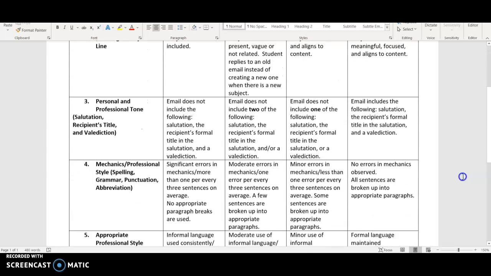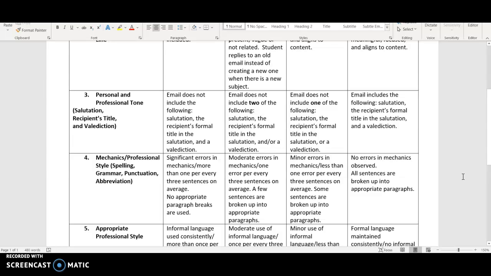Then you want to make sure that you use a personal and professional tone, that you come across as a human being, not a robot. So you have a voice, a friendly, polite, respectful voice, but that you also come across as professional. And so that means that you want to always use a salutation, which is just a greeting. You use the recipient's name and their title in that greeting, and that you close your email with a complimentary